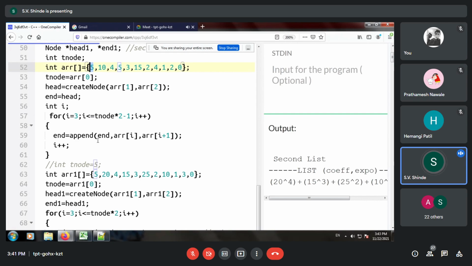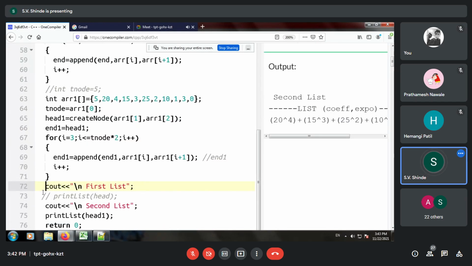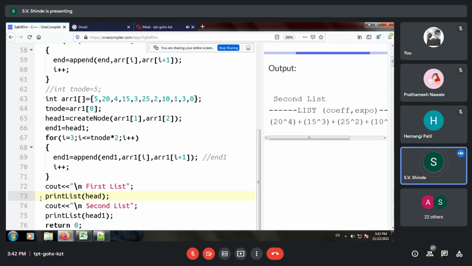If the exponents are matching, then just add the coefficients and we can create the list. So is it possible for us to check it out? So first we'll print both the contents